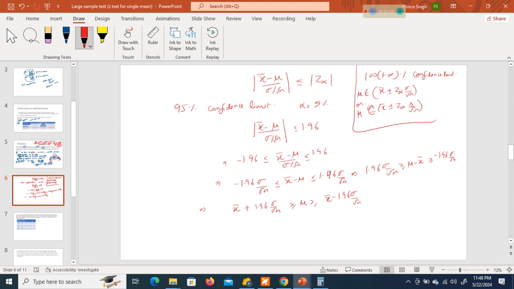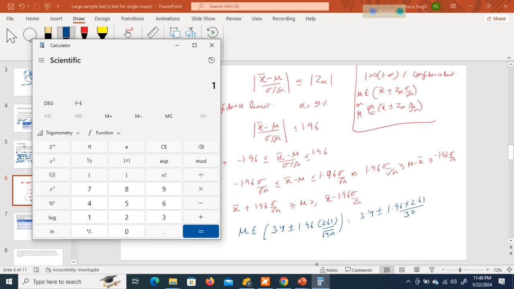So x bar is known to us, it is 3.4. So this is the lower limit, this is the upper limit. So I can write mu belongs to the interval 3.4 plus minus 1.96 times 2.61 upon square root of n, which means square root of 900. So if we solve this, this is 3.4 plus minus 1.96 into 2.61 upon 30. So if we solve this,